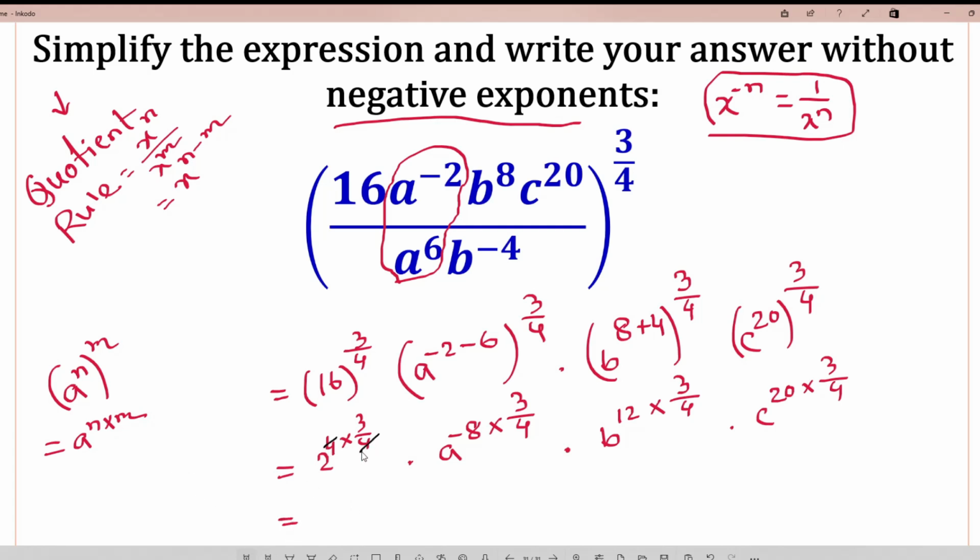Okay, now look, this 4 and this 4 cancel, so we can write 2. Here 8 times 3 by 4, it means 6, so a to the power minus 6. Okay, and finally here is 12 divided by 4, it means 3, so 3 times 3 means 9, so here is b to the power 9. And here is c, 20 divided by 4 is 5, 5 times 3 means 15. So our answer is